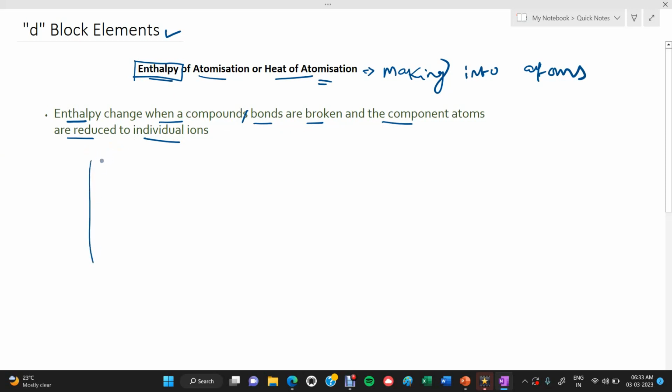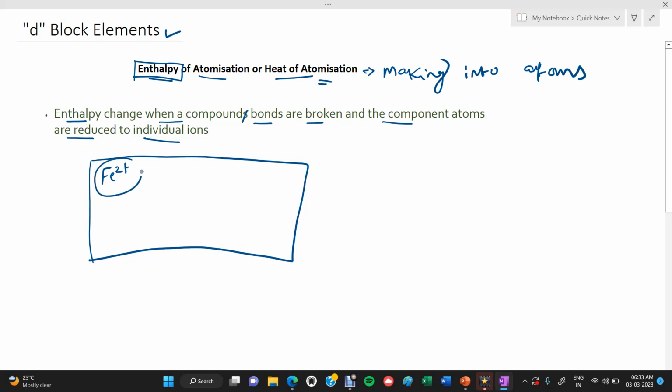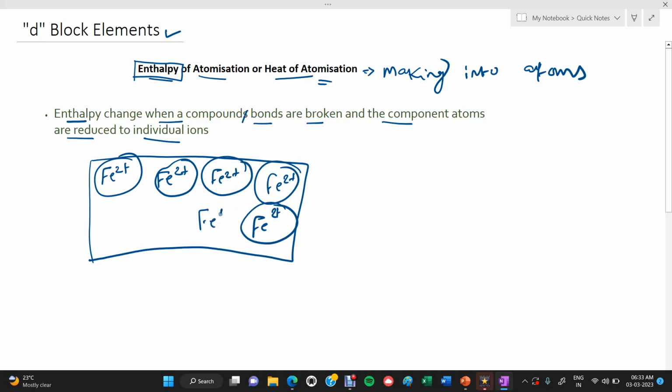Consider this as a solid, that is iron. So iron is in Fe2+ form here. That is, these are the iron atoms arranged inside the solid. Fe2+, right? It is in the 2+ form, right? Okay. Now, the electrons